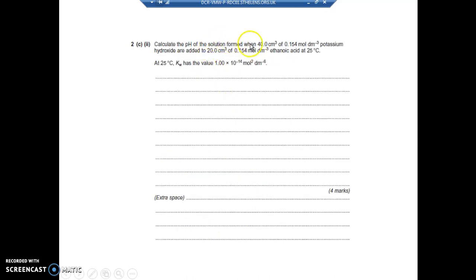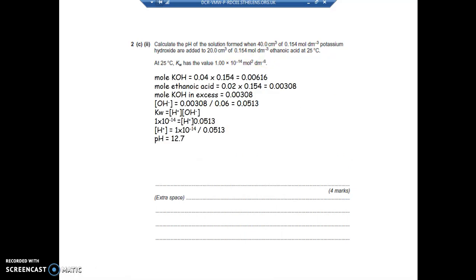Calculate the pH of the solution formed when this number of moles of potassium hydroxide is added to ethanoic acid. Okay. So we've got 40 centimetres cubed of 0.154 potassium hydroxide. We'll be given a volume and a concentration only to work out moles, so you multiply 0.154 by 0.040, putting the volume into decimetre cubed, and multiply the two together to get the number of moles of potassium hydroxide,